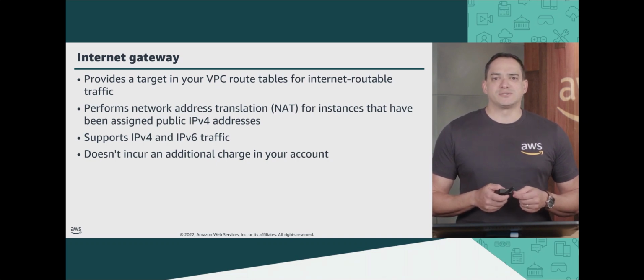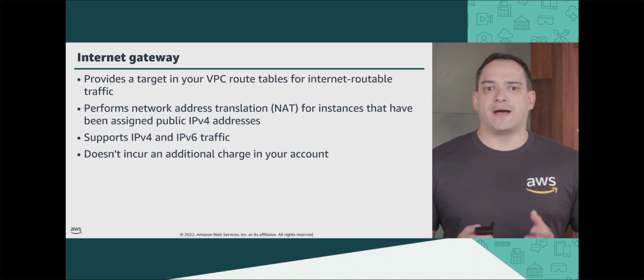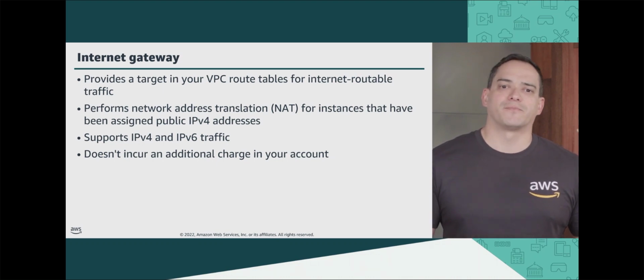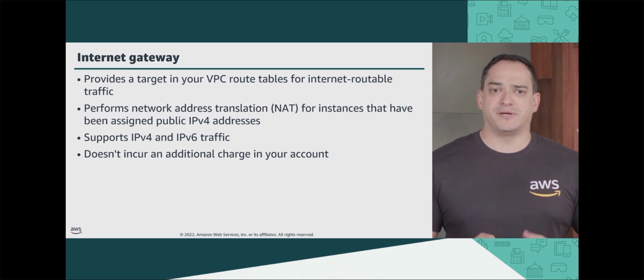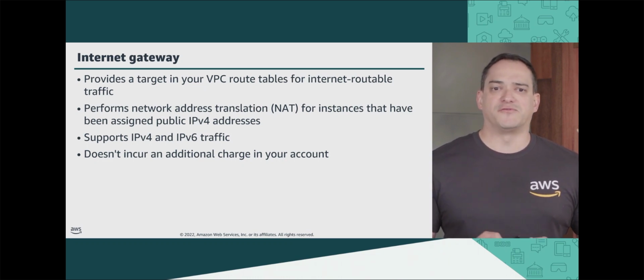To enable access to or from the Internet for instances in a VPC subnet, first create an Internet gateway and attach it to your VPC. Then add a route to your subnet's route table that directs Internet-bound traffic to the Internet gateway. Confirm that each instance in your subnet has a globally unique IP address. And finally, confirm that your network ACL and security group rules allow the relevant traffic to flow to and from